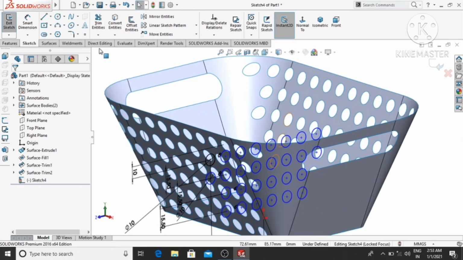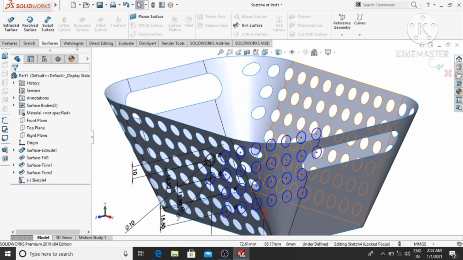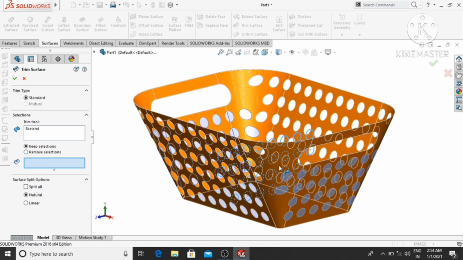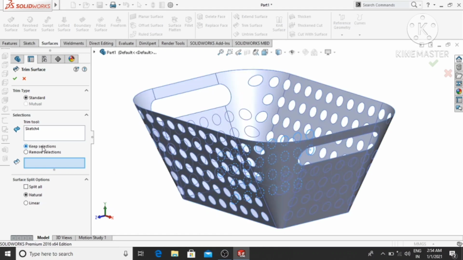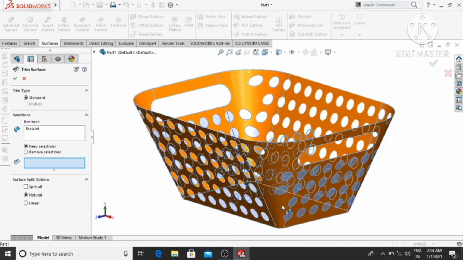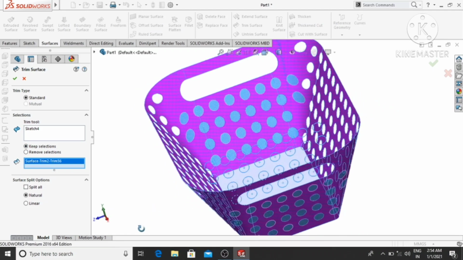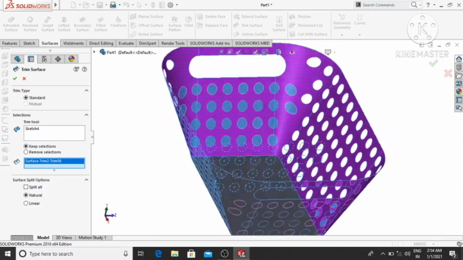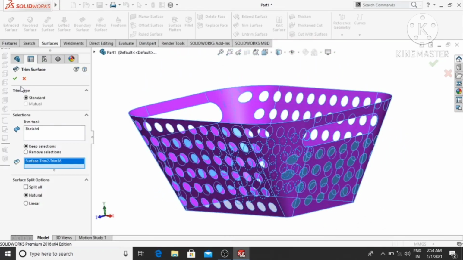So go to the surface and select the trim surface. It will select this sketch. So here we simply make the keep selection and select this extruded surface. It will be automatically selected all this portion where we trim this part, then OK.